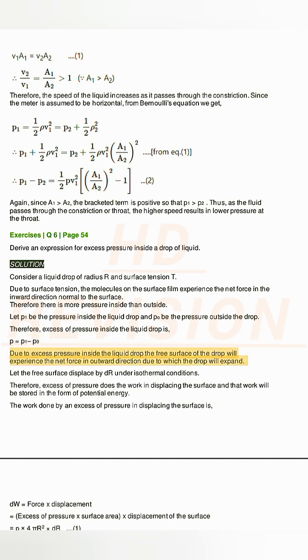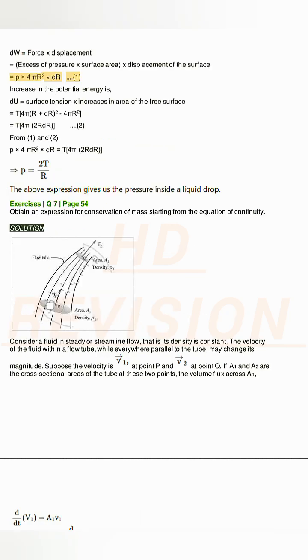Due to excess pressure inside the liquid drop, the free surface of the drop will experience a net force in the outward direction due to which the drop will expand. Let the free surface displace by dr under isothermal conditions. Therefore, excess pressure does the work in displacing the surface, and that work will be stored in the form of potential energy. The work done by the excess pressure in displacing the surface is dW equals force times displacement equals excess pressure times surface area times displacement of the surface equals P times 4 pi r squared times dr. (1)